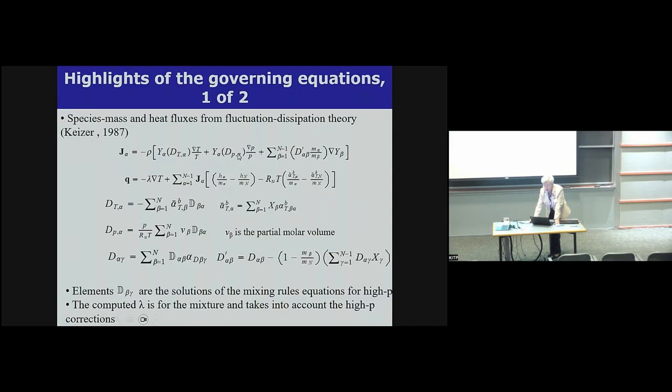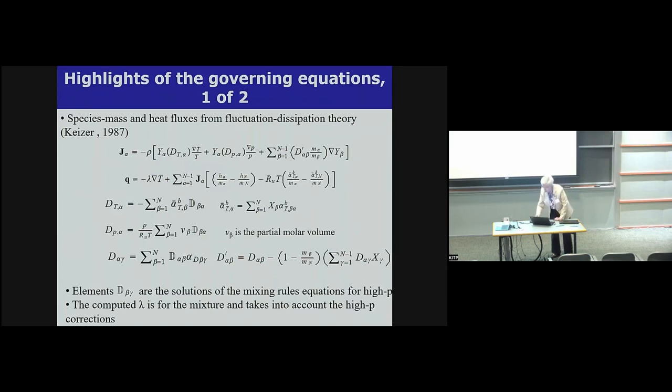Now, the coefficients here are diffusion coefficients, and in calculating these diffusion coefficients, you really meddle transport and thermodynamics. Let me give you an example. For example, for the Barrow diffusion, we use a partial molar volume. That's a thermodynamic quantity. For the mass diffusion, this is a complex equation, we use this quantity alpha d beta gamma, and that is computed from the chemical potentials.